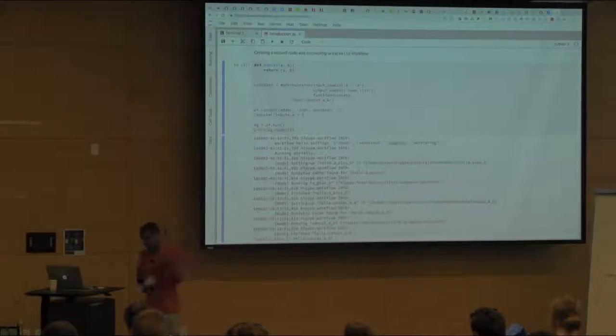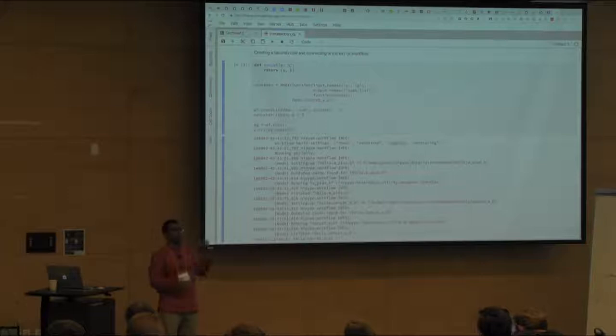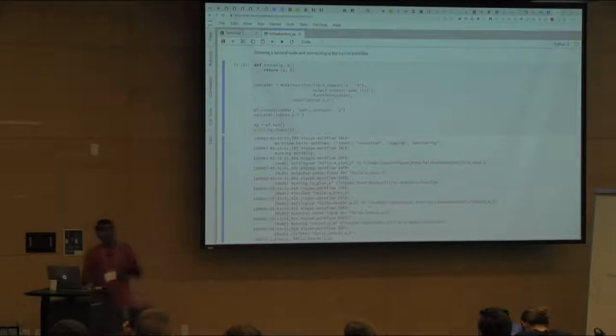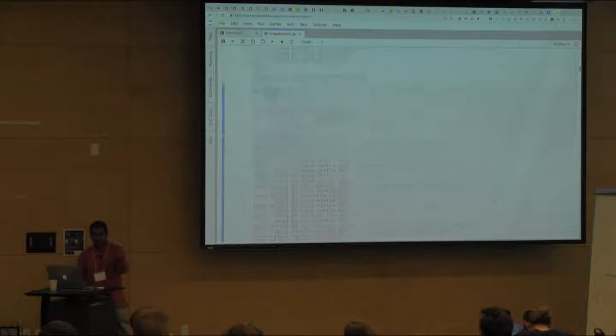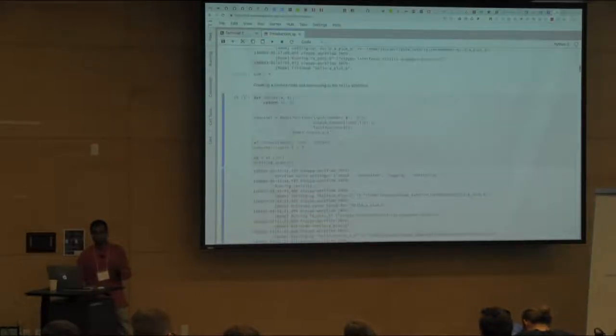And now comes one little trick, which is I need to connect the output of the first node, because what I'm trying to do is this two-node workflow where I send the output of the first node into some input of the second node. And that's this connect statement. So it takes the adder node, and the adder node, if you remember, had its output called sum. So I'm using this